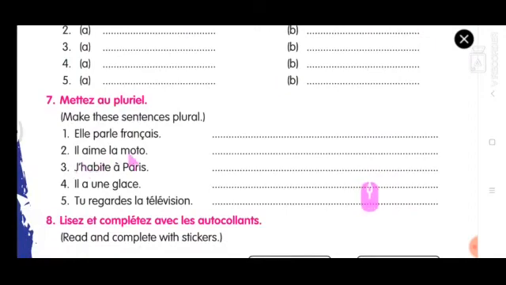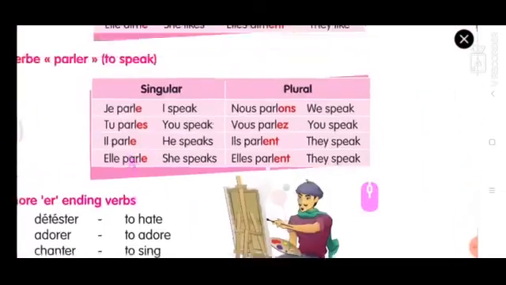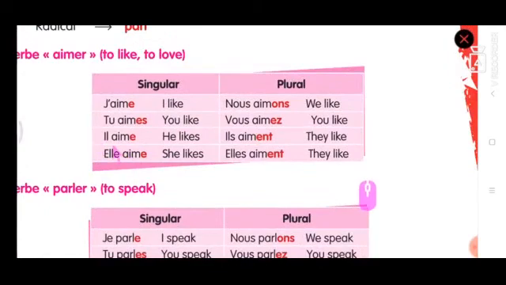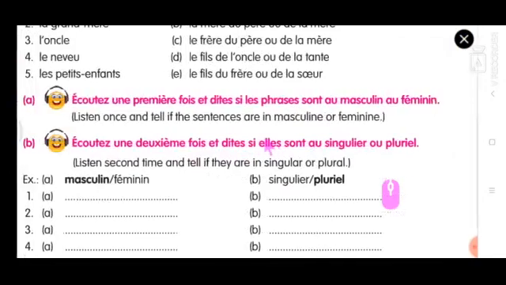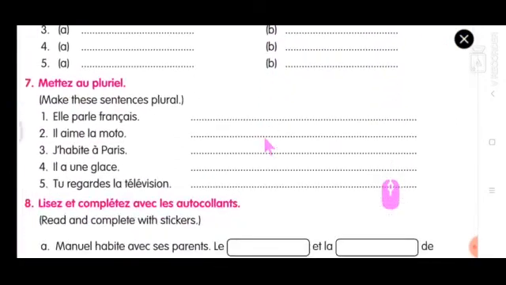Il aime la moto. So I'll help you with the second one also. You try 3, 4 and 5 alone. So the same way, il aime is here, left hand side column. Straight away look here, the plural form, ils aiment. So this is singular and this is plural. So in plural section you have to write this. Okay, so you try this exercise number 7. Anyway, I'll give the answers in the next class. So 3, 4 and 5 you try it on your own.